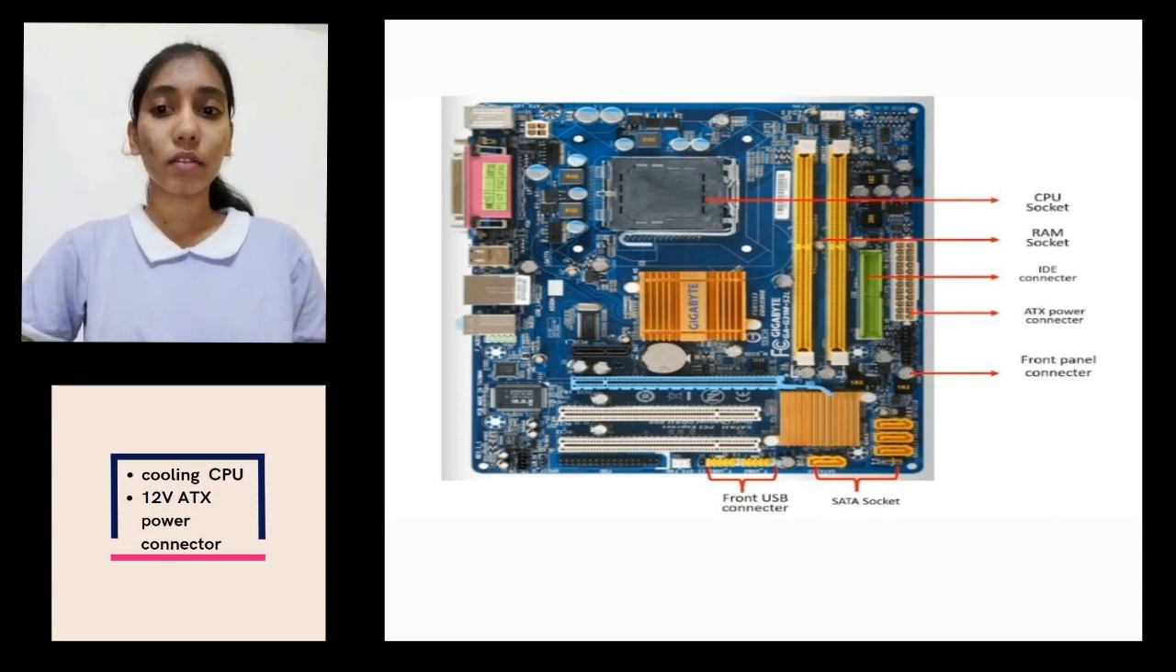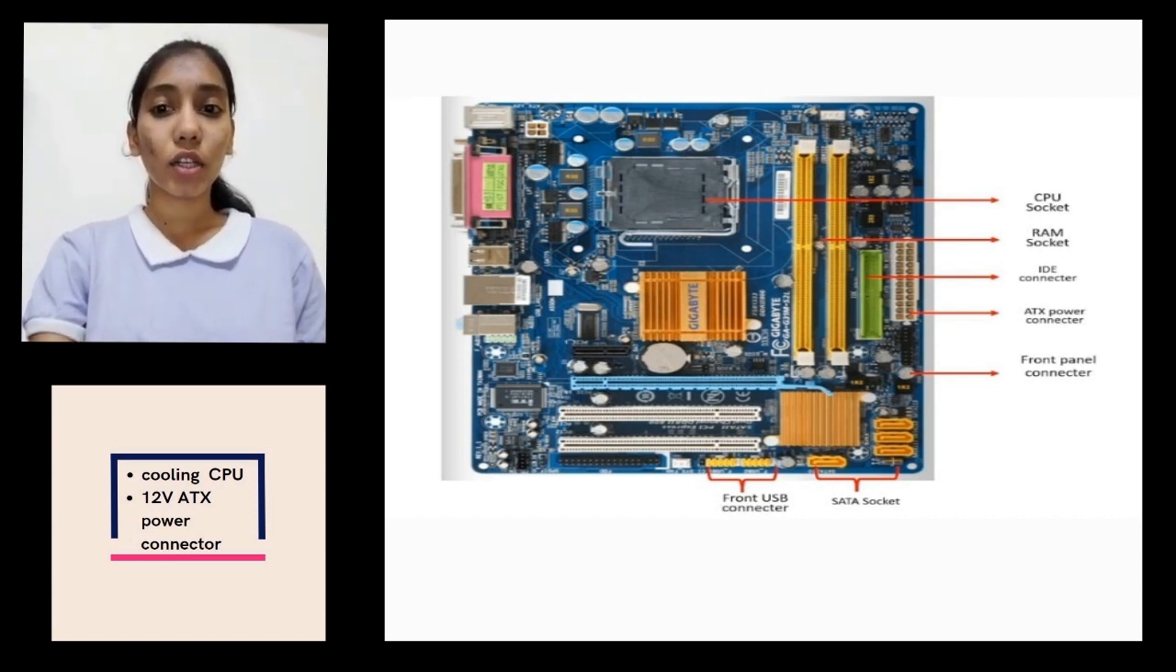Next point is the 12 volt ATX power connector. It is a component of the computer motherboard that provides a source of 12 volt direct current DC power to the system. This power connector is also referred to as the 4-pin P4 or 8-pin EPS power connector, depending on the number of pins that it has. The 12 volt ATX power connector is used to power the CPU, which is one of the most power hungry components in a computer system. The connector delivers a constant supply of 12 volt power to the CPU, which helps to ensure that it operates smoothly